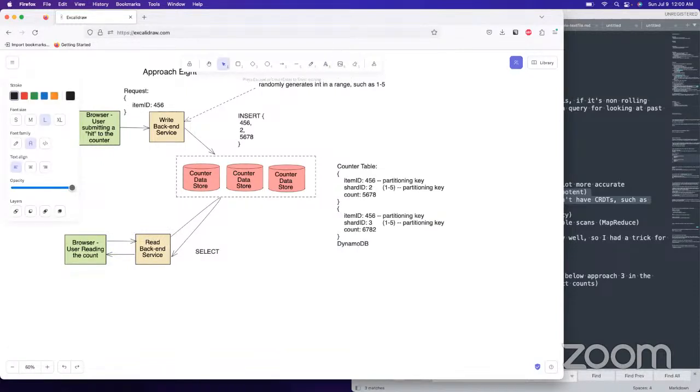It's like select all from table where item ID equals 4, 5, 6. So then it would pull up all the machines that have the shards 1 through 5. So it'd be up to 5 machines that would be impacted by that key range query.